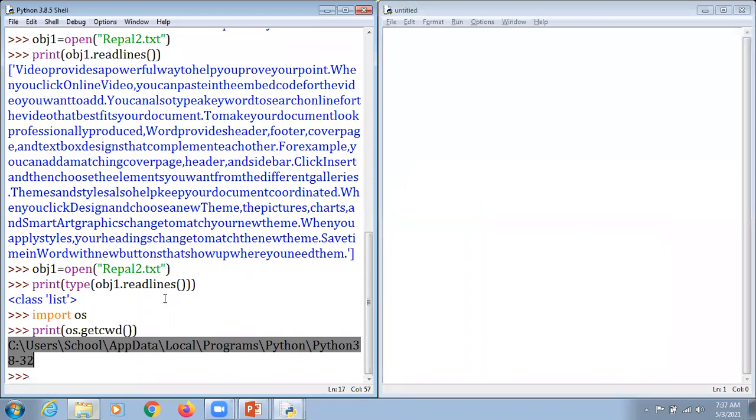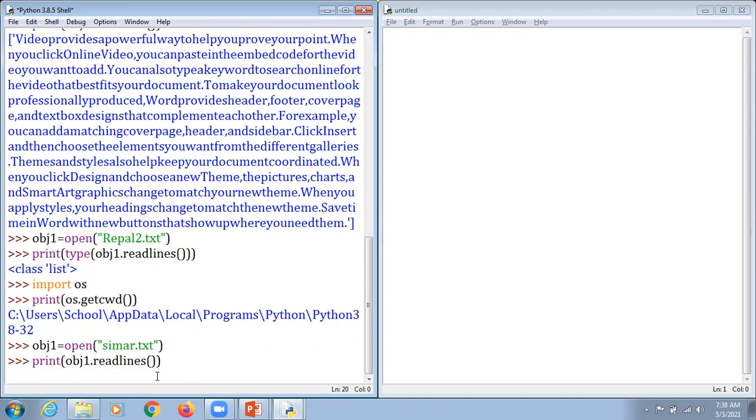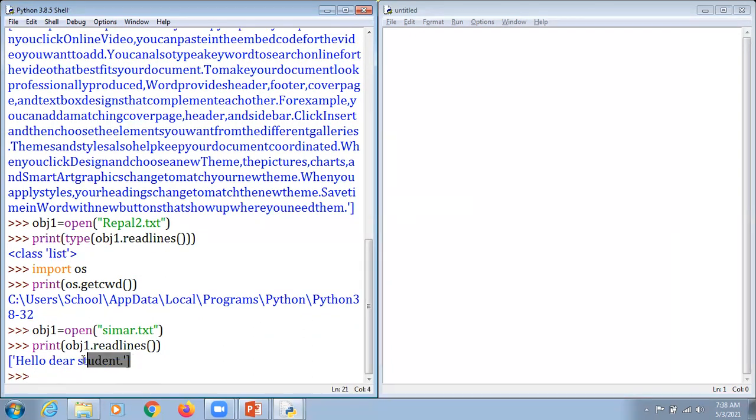And what we are going to do here, in spite of doing that particular thing, we are supposed to paste this information, and in place of REPL, simmer, if I'm typing the correct one. So here it is, it says, yes, I just want to copy and display the information here, and we just got this deleted, that which is not required, because we are not going to check whether it is a list or not. The concept is being cleared now, that it returns hello dear student.